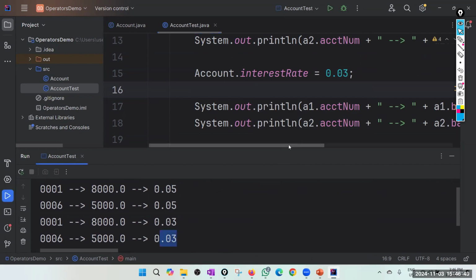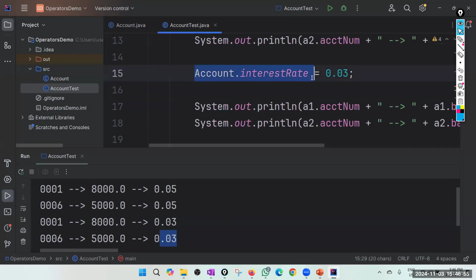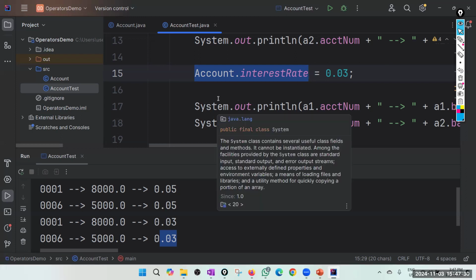Okay. Or you can just refer to it as class name dot this rather than the references. So that is the difference between instance variable and class variable. For class variables, memory is allocated only once, but for instance variables, every object will get its own memory and own value. Right. Any questions? So you must know what is an instance variable, what is a class variable, what kind of attributes are candidates for instance variables, and what kind are candidates for class variables. If it is common for all objects, make it a class variable. If every object must have its own value, make it an instance variable.